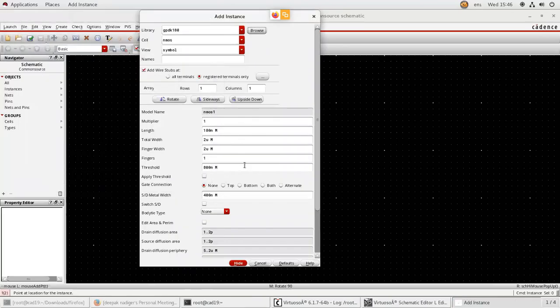Okay. So in previous experiments you have not done this changing length and width. But now you have to change the length and width of your amplifier. Length is 1 micrometer. Type only 1U.